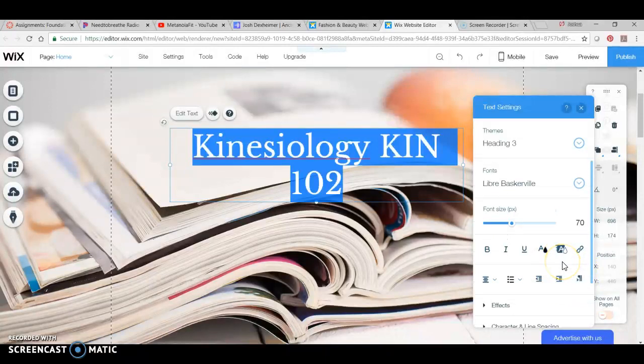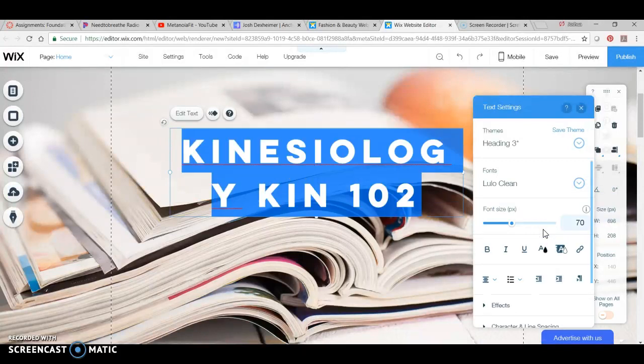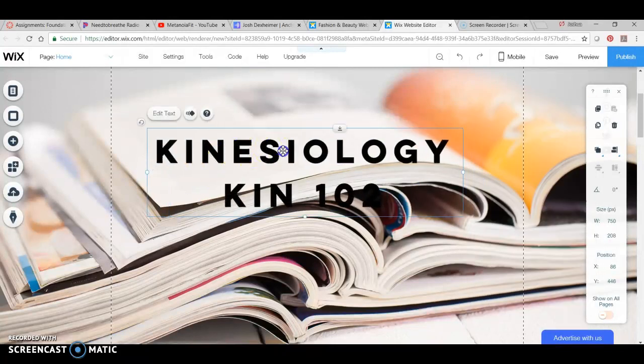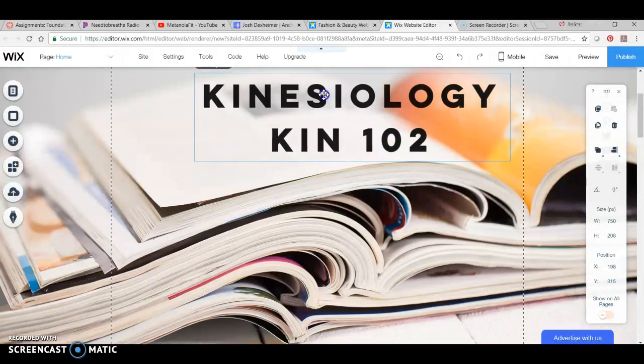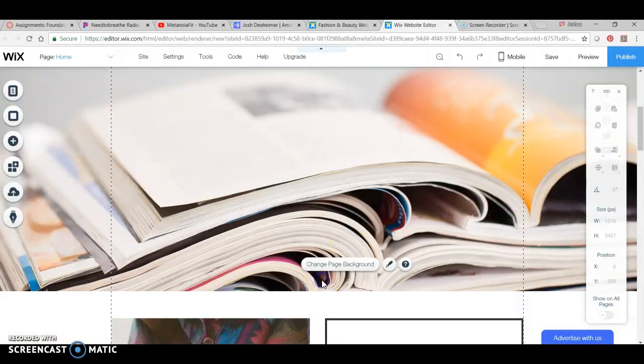And I would like to change the font. Let's just make it Lobster, why not? And let's make it a little bit bigger. And then if you want, you can change the color of it, and so on and so forth. We're just going to leave that for right now. You can see kinesiology 102. And if I want to